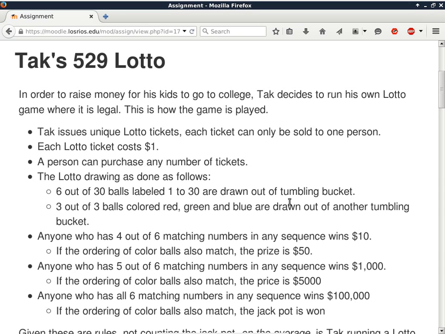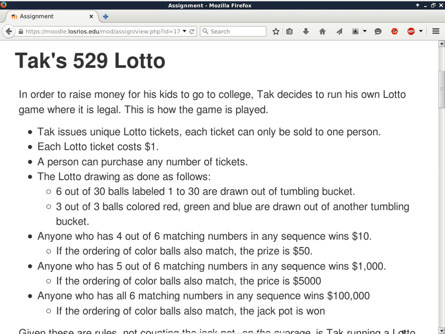There are no questions about the rules of the game? Not even the color balls, where only the permutation, the ordering, is important, because there are only 3 balls, and I'm taking all 3 balls as the result of the ticket. So the combination is not going to be useful, because they're all going to be there. RGB will be there. The only question is, how are they ordered? So that's the only part that is different from all of the other lotto games.